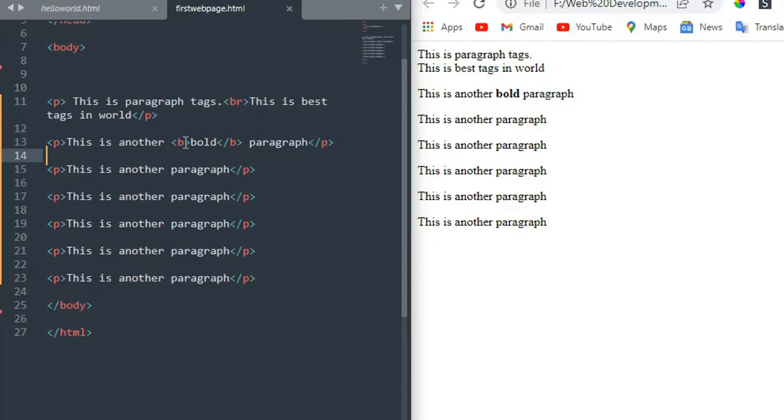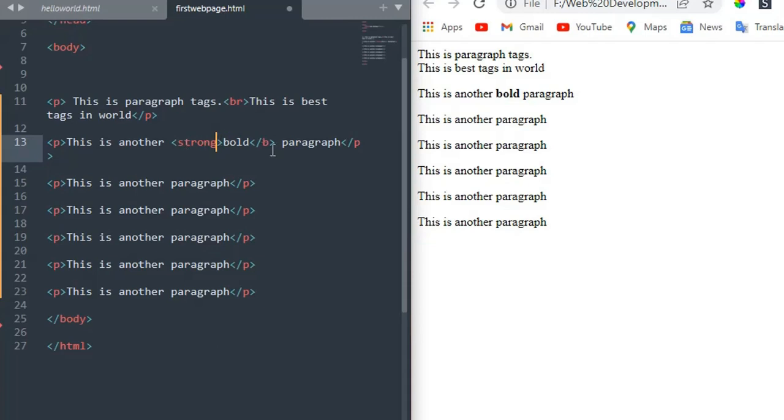I recommend you can use the strong tag. The strong tag is also used to bold the text. So if I write strong here and save it, and if I refresh, there is no change, because strong is the same as the bold B tag. So you can use strong tags instead of B tags, because that clearly explains what the